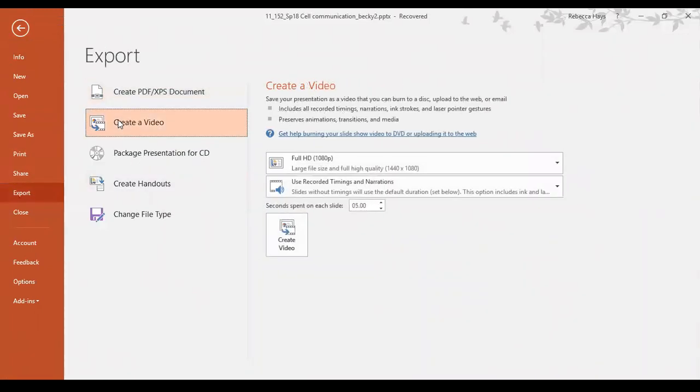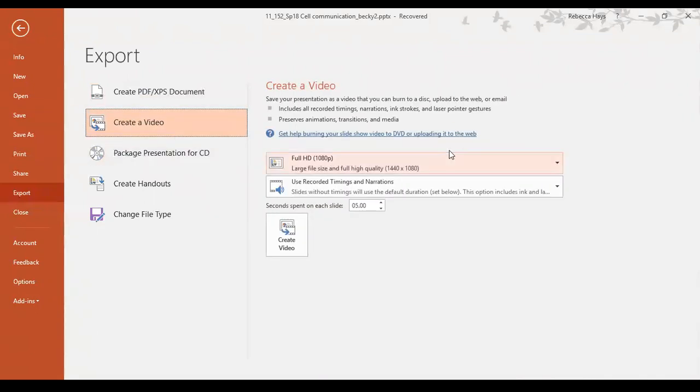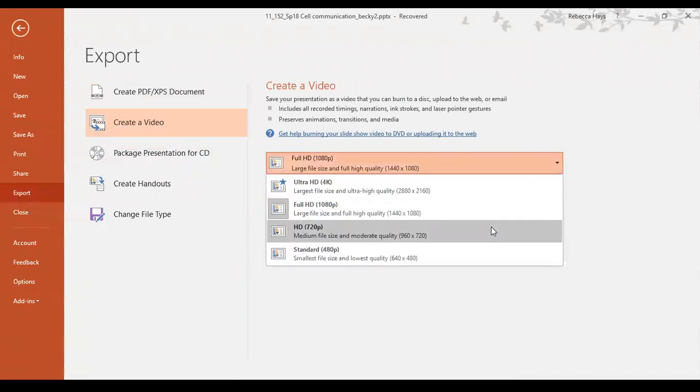And export, you want to choose create a video. Sorry for all of that there. Clearly PowerPoint is not my friend tonight. I do not choose the full HD video. You want to look for either medium quality